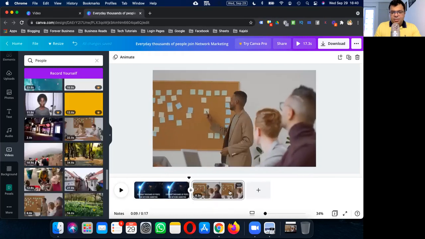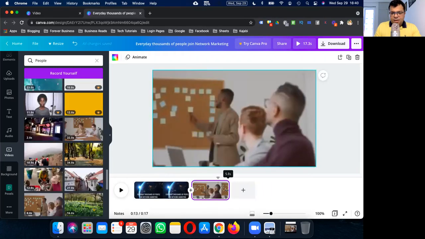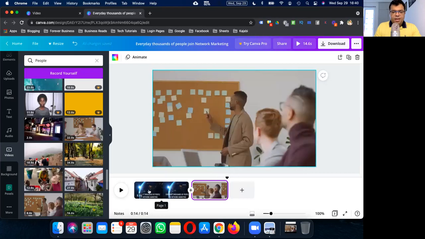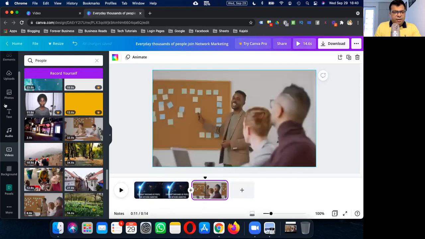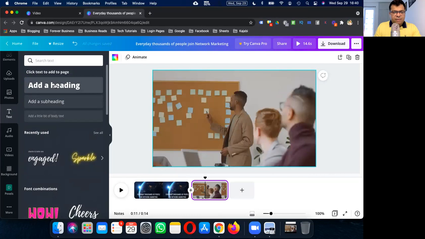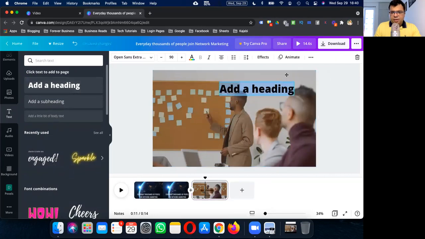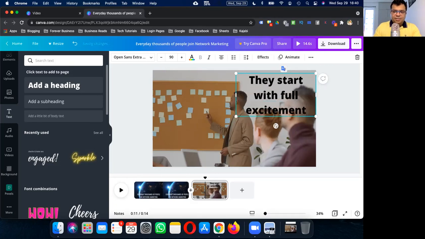Again, let's shorten the duration here. And now I want to type here using text. Let's keep it here. They start with full excitement. This is what I want to share, and that's a reality.